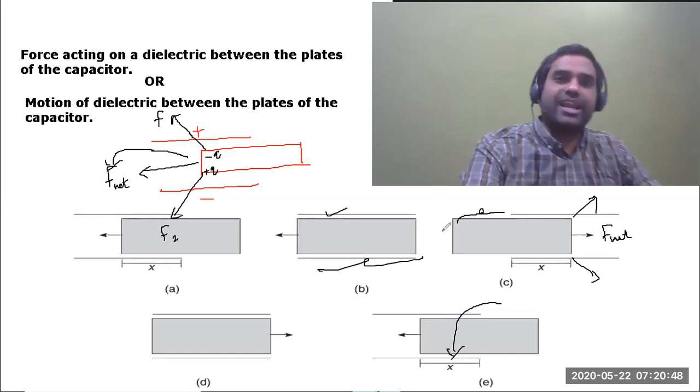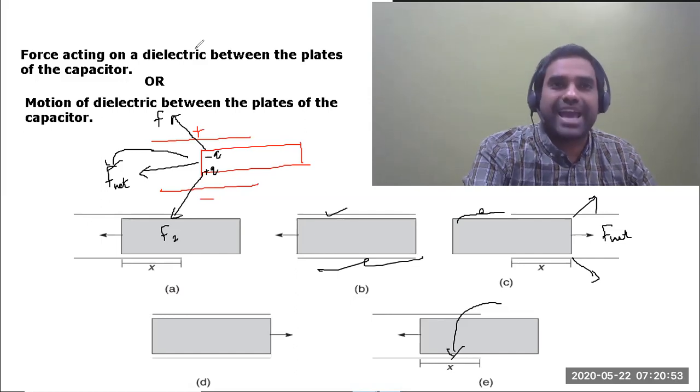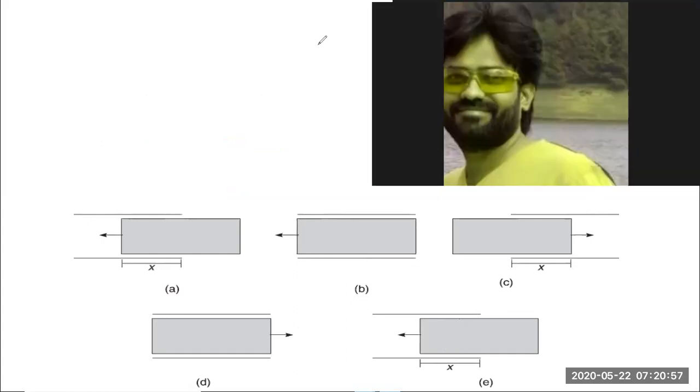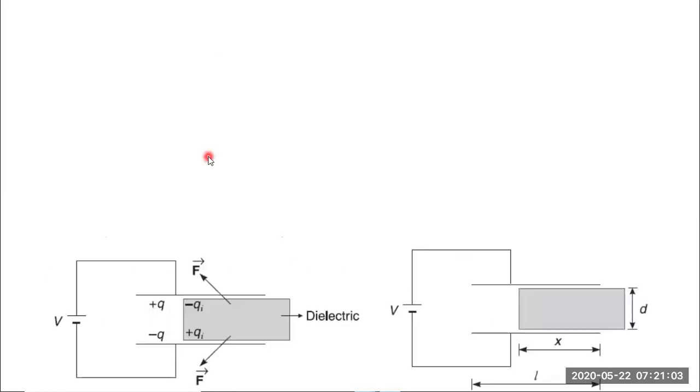Okay, students, let us go back to the mathematical part. Try to derive the expression for the force. See, let us derive one general formula for the force. Let us consider initially some x portion is inside like this. This is the initial state I am considering, students. The x portion is inside, the total length is L, no?